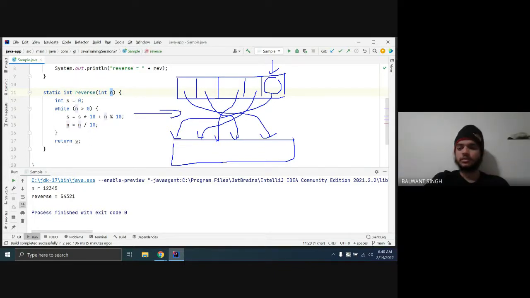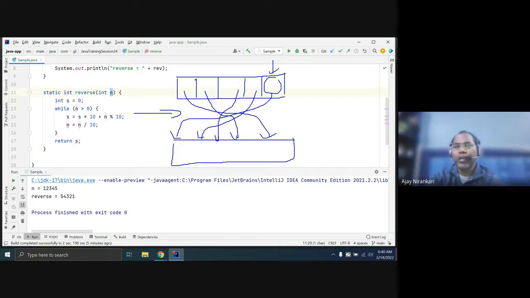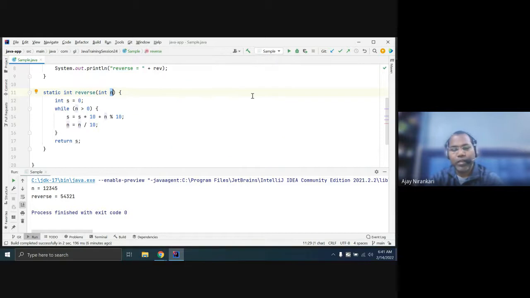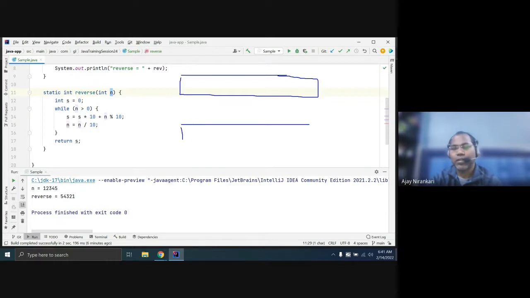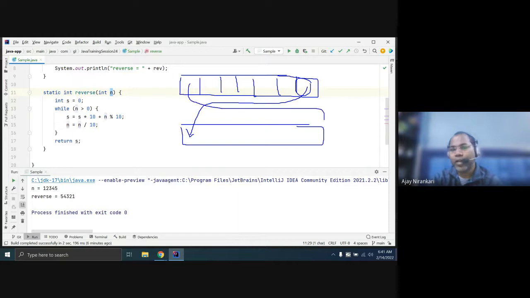Yes, so this was the approach. So let's do the same, but instead of one by one, you can write another code that will do the reverse in this way. Whenever you are reversing, you want the last character here, and at the same time you put the first character at this place.